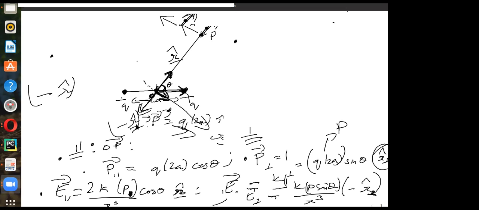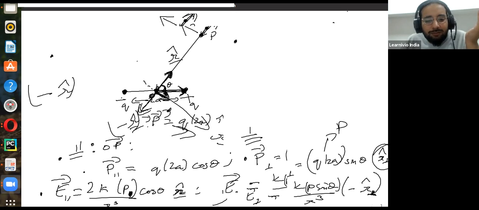Basically, positive theta and negative theta decide the direction. See, theta you can put anywhere. You can make it here also. But just remember how you're essentially doing it: one component parallel and one component perpendicular. If your initial sign convention is correct, then everything that follows will be correct. Never change your sign convention. Just pick one sign convention, follow that from the start to the end of the question, and you'll be fine, whatever derivation you're doing. Does that make sense?